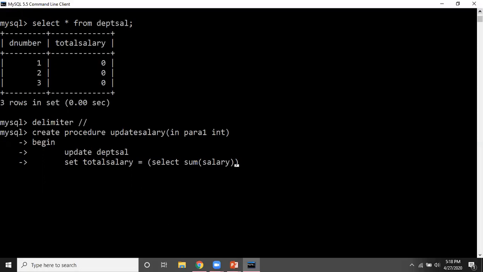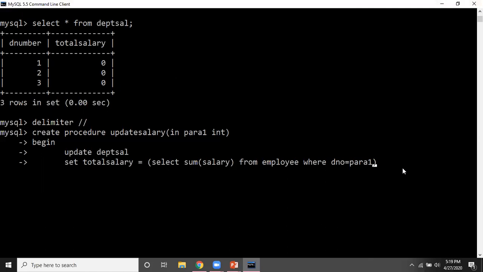And where is the salary column? The salary column is present in the employee table. So select sum of salary from employee table. Fine. Where? In the employee table we also have the department number. So where DNO is equals to the department number which I am going to pass. What I pass will be read by this parameter, so I will give this parameter name 1.